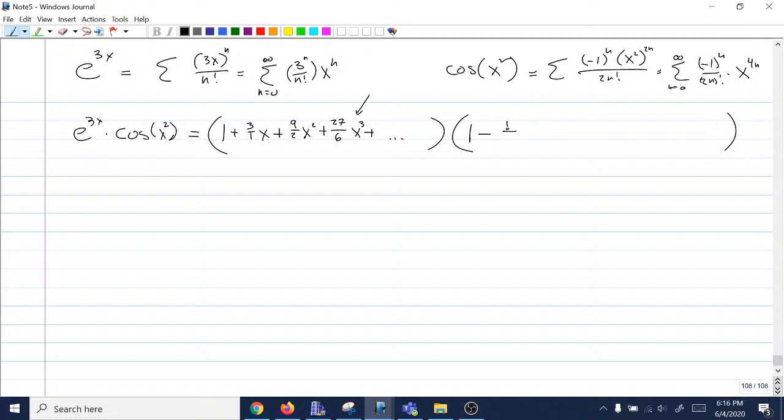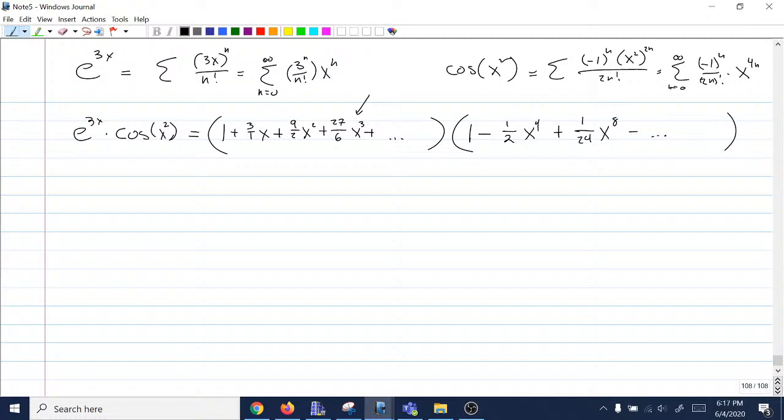I'm dividing by, the top is going to be negative 1, the bottom is going to be 2 times 1 is 2 factorial is 2, x to the 4. Plus the next term will be plus 1 over 2 times 3 is 6 factorial, x to the... Wait, this is not n equals 3, this is n equals 2 still. 2 times 2 is 4 factorial. I know 4 factorial, it's 24, x to the 8. I'll stop at that point. I haven't gotten 4 terms, but I have enough that